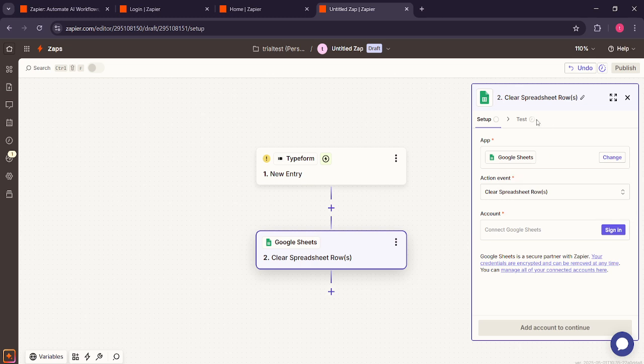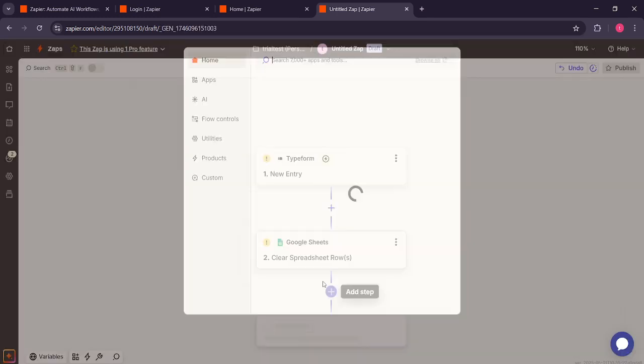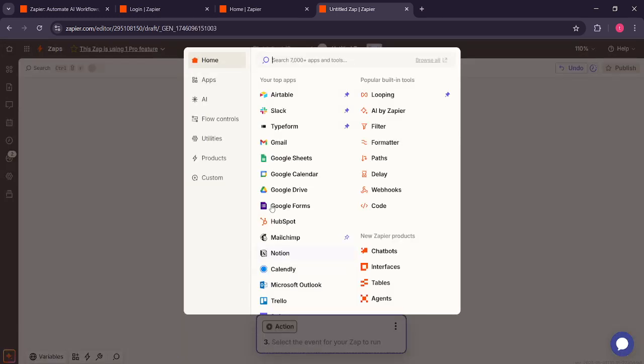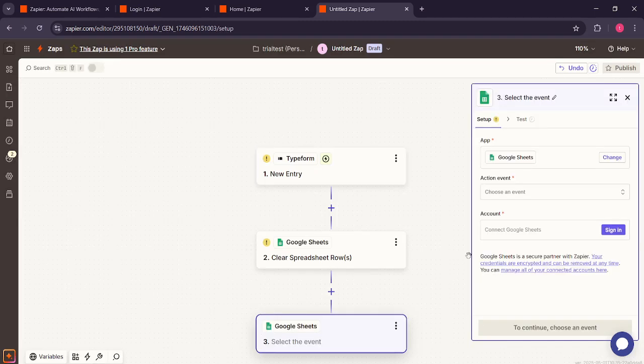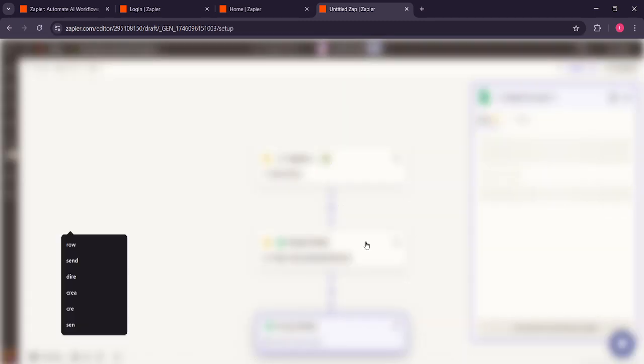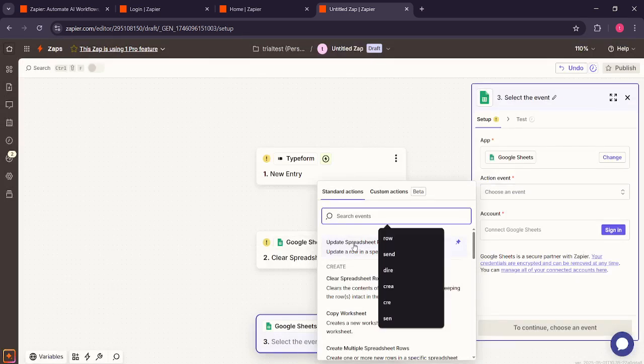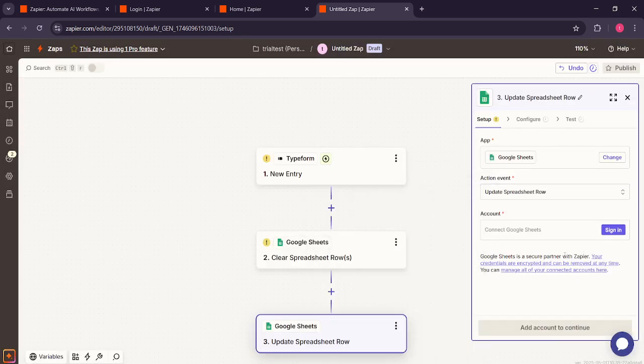With everything connected, you can add another step to enhance your automation. Click the little plus sign to add a new action step. Again, select Google Sheets. This time choose the event Update Spreadsheet Row. This is going to allow you to perform updates on specific rows based on newly added Typeform entries. Once you've got that set up, give it another test to confirm it's all working seamlessly, and just like that,